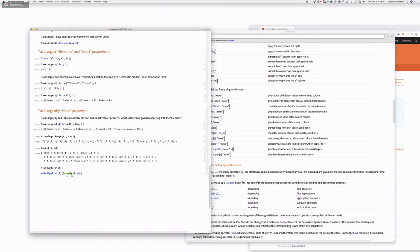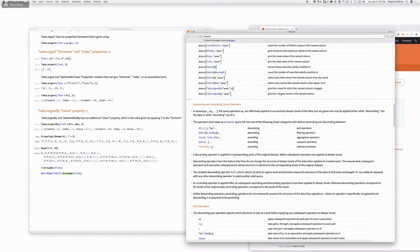okay, in dataset, when it is doing an ascending operator, okay, I am so confused here. See, I claim, without enough justification, that there is an up to like thing going on for levels. That the reason we run into trouble here is that there's some kind of corner case that is like up to, but it's about how we map things or something like that. Because there's got to be a way, again, there's got to be a way to write this out. There's got to be a way to write out query